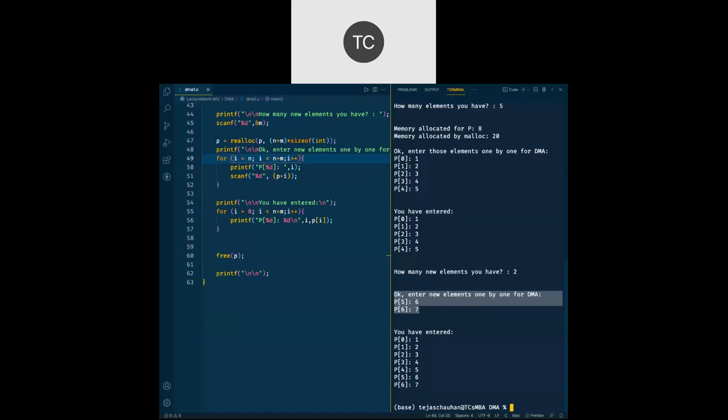It will allow you to access any memory. If you have an address, you can use that memory. That is one problem also. That's why Java doesn't support external pointers.